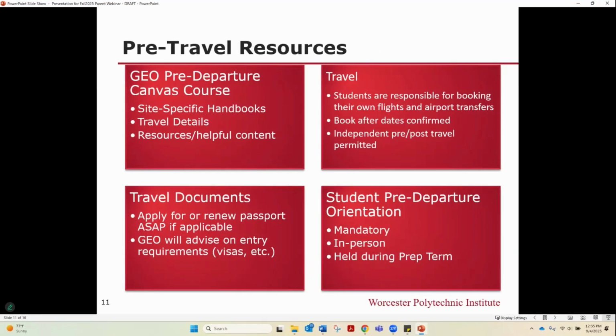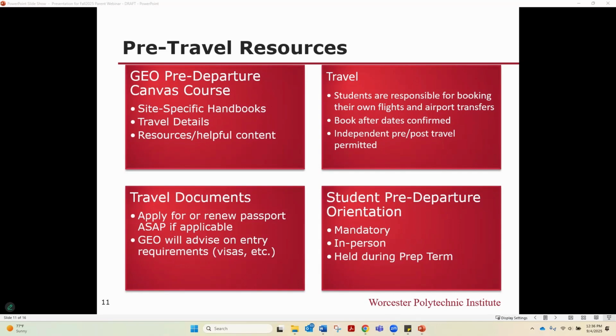Hi, good afternoon, everyone. So I'm just going to go over, like Kathleen said, some pre-travel resources. About 2 to 3 terms, or 3 to 4 months, before their project, students will be added to an online course that includes helpful content and resources as they prepare to travel off campus. There are modules included in the Canvas course. Each module contains topical information and corresponding assignments and requirements that we have students complete in order to be clear